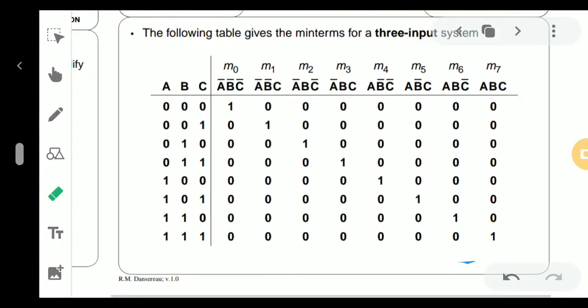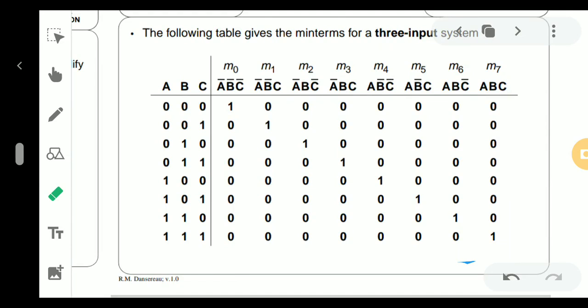Okay, it's highly visible. So if you are considering three input variables, A, B, C are there, and I hope you understand how in the A part four zeros and four ones are coming. If you consider the min term of all variables, 0, 0, 0 is the first term, that is A value is 0, B value is 0, C value is 0. So the min term is represented as M0, M1, M2, M3, up to M7, total 8. So the M0 value will be A bar, B bar, C bar, because A, B, C values are 0, 0, 0.